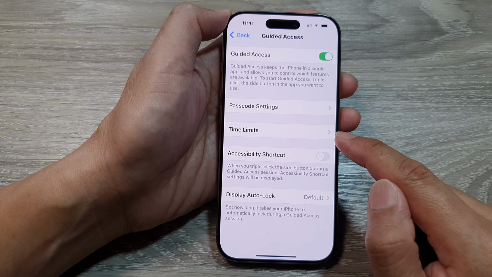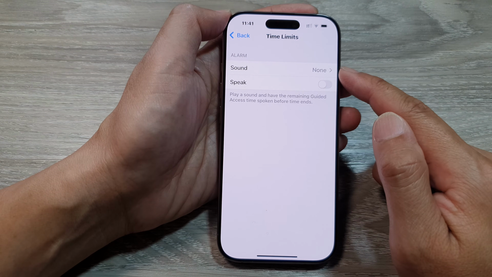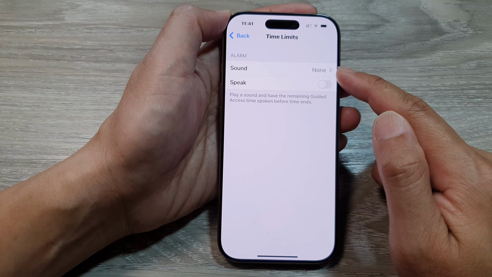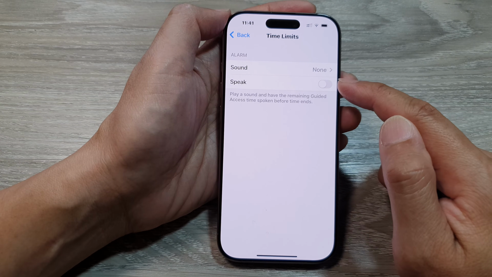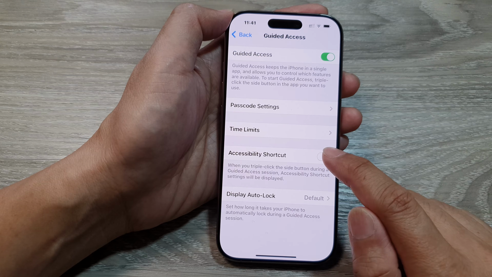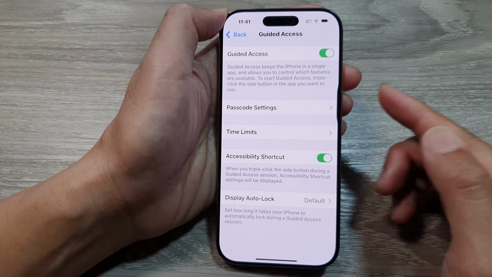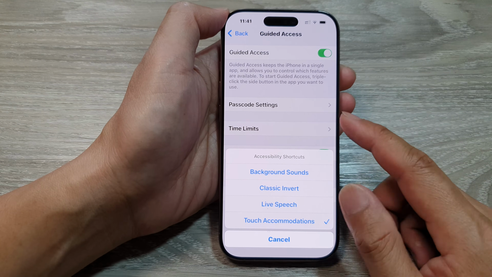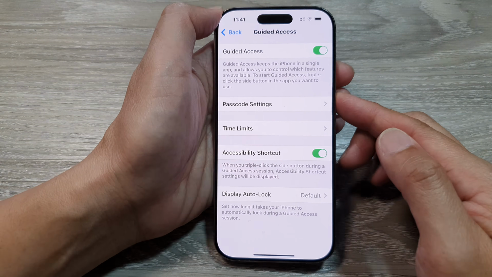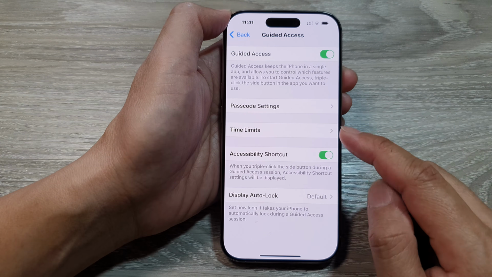You can also set the time limit for Guided Access, at which point, when the time is up, it will raise the alarm or it will speak out the alarm. Here you can also turn on accessibility shortcuts. So if I triple click here on the side button, I can then, so let's just turn off background sound. So here,